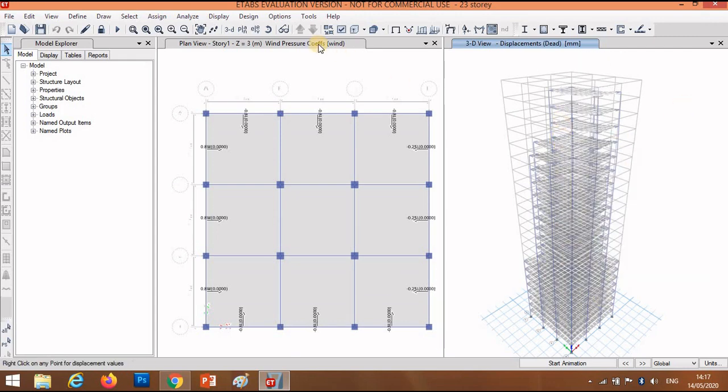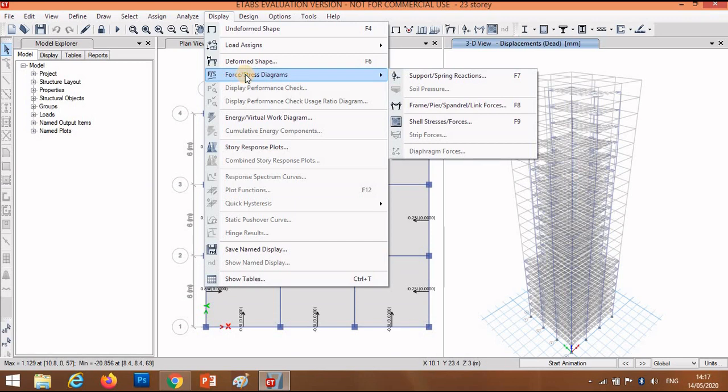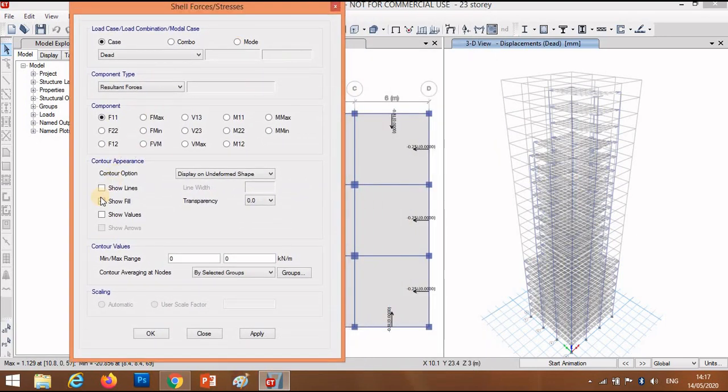Okay, now go to the Display menu, click on Force Stress Diagram, click on Shell Stress Forces. Okay, after clicking this, slide here, and you can also see the values of F11, which means it is a component of F11. Click on OK.